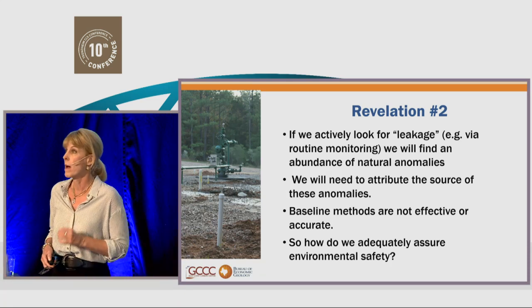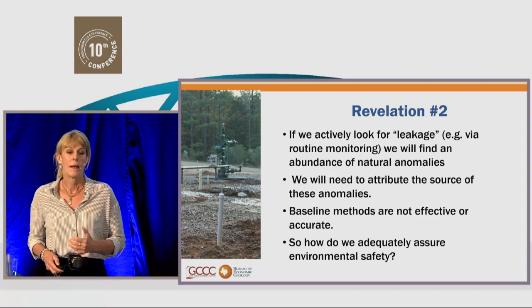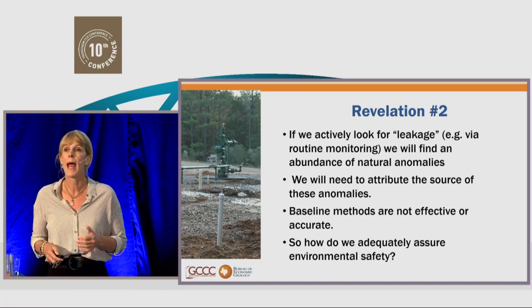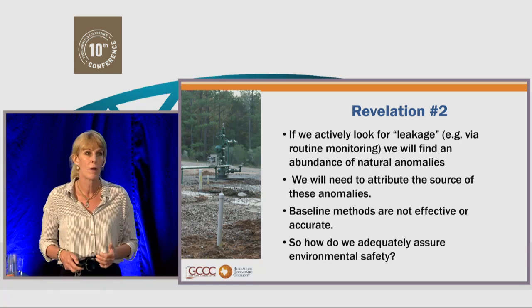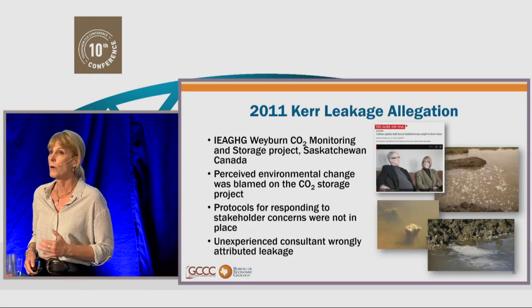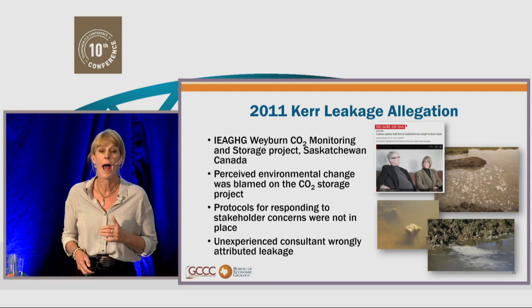We're going to find an abundance of anomalies, and then we're going to have to attribute them. And baseline methods just are not effective at this. So how are we adequately going to assure environmental safety? Well, I think we can take a clue from another experience that we had, which was the 2011 Kerr leakage